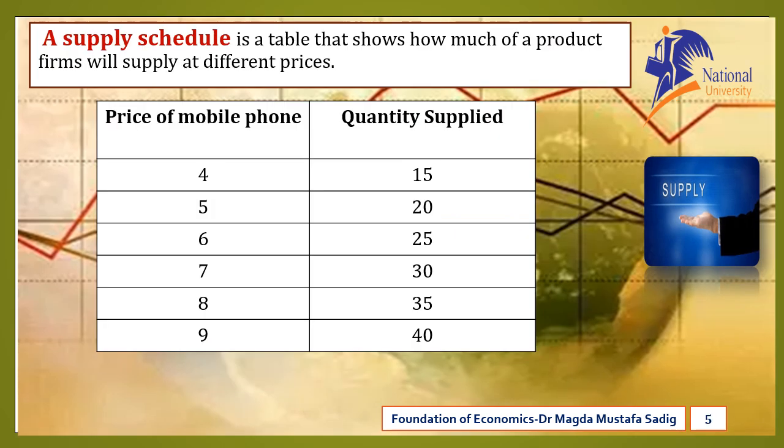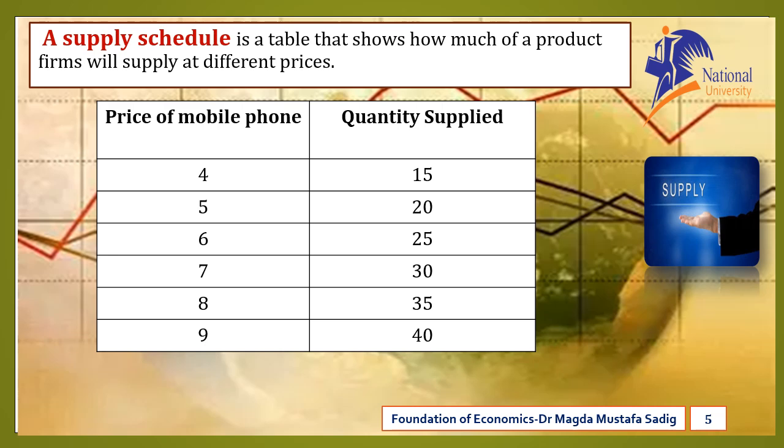A supply schedule is simply a table that shows how much of a good or service producers are willing and able to sell at different prices during a specific period of time. In simple terms, the higher the price, the more firms want to supply. The lower the price, the less they want to supply. This happens because higher prices make it more profitable for firms to produce and sell, as I told you. That is why the supply schedule usually shows a positive relationship between price and quantity